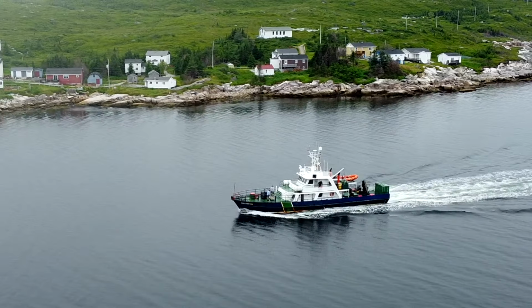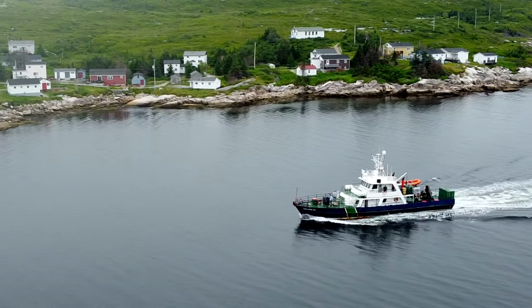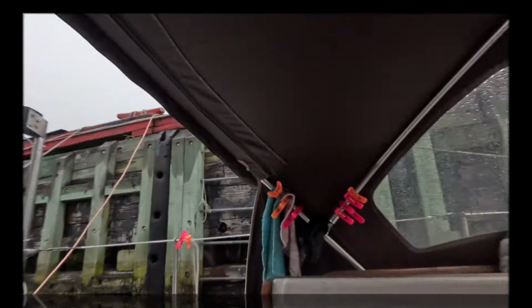So stay tuned. We'll bring you some more footage of Poile, Newfoundland. A little busy yesterday getting tied up and getting to know some locals here. Got some power to the boat. Water you get from a pond. I guess they really don't have any good drinking water here. They got to bring it in. So we'll use it for our tank for washing and stuff, but we'll just use our stored water for